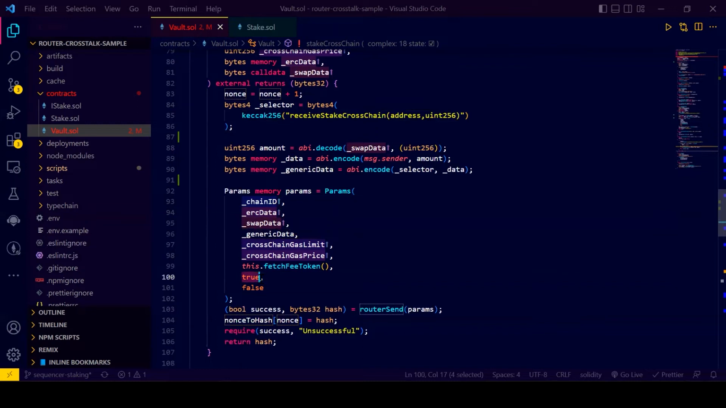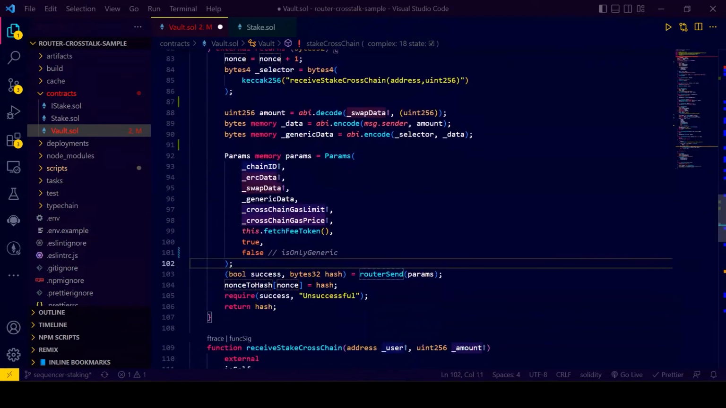So that ERC20 transfer takes place first, and then we will call this function on the other chain. This is only generic actually. So what this means is, if this function you are calling does not have to transfer any ERC20 data, so if you want this function to just call some function on the other chain and not transfer any